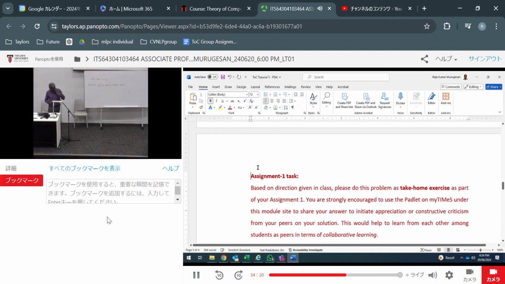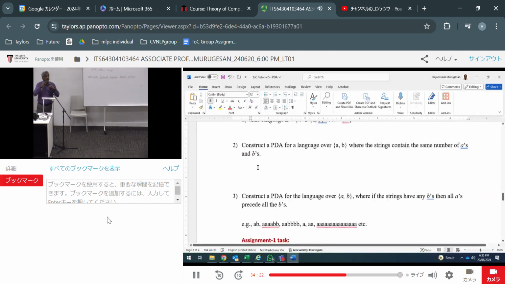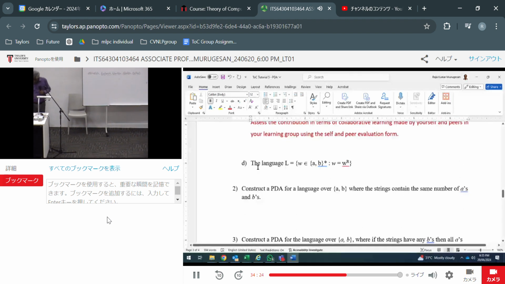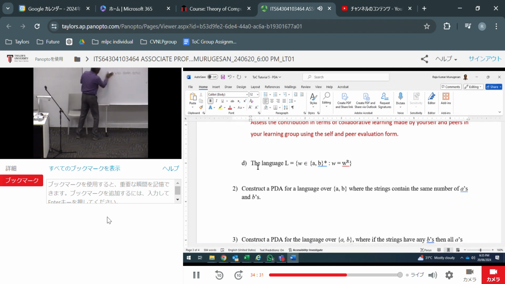W is equal to W power R in pure mathematics. Sorry, those who are under my tutorial batch, it will be boring for you because I've discussed this with you. This is for the benefit of those under Yogeshwaran. In pure mathematics, yes, we